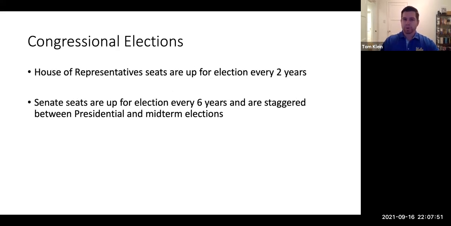So I mentioned this before, but you need to know in Congress how often they hold elections. The House of Representatives, the lower house in Congress, they hold elections every 2 years, which is a lot. I mean, essentially they're always running for re-election because it takes about a year to prepare for an election. So half their time almost is spent running for re-election. The Senate, however, they have 6-year terms. So they only have to run for election every 6 years, and they're staggered. So not every Senate seat is up for election every 6 years. It's staggered among midterm and presidential elections.